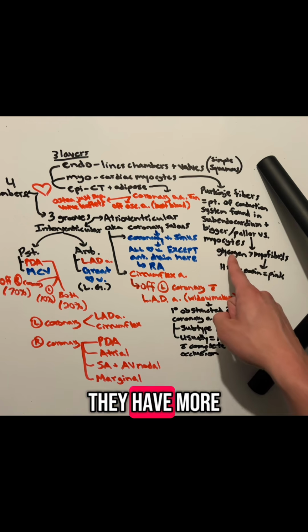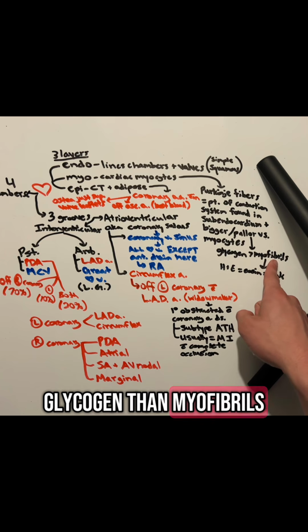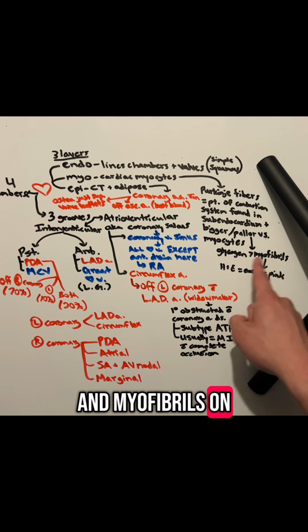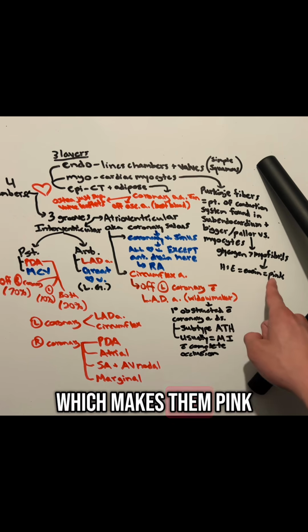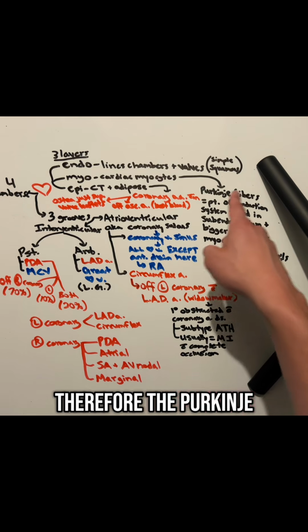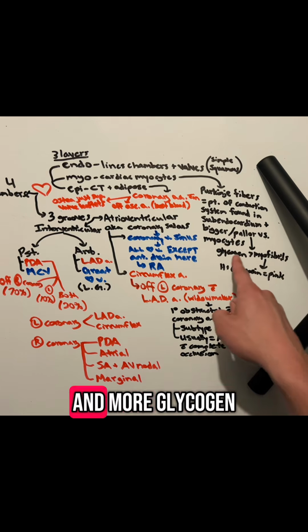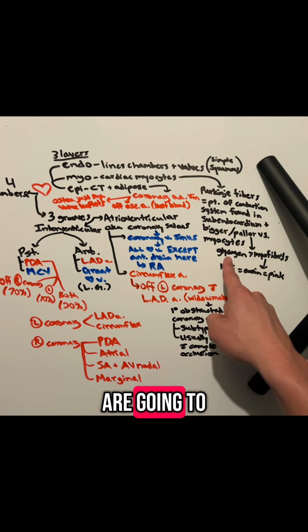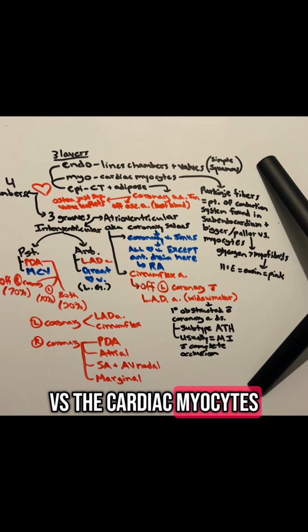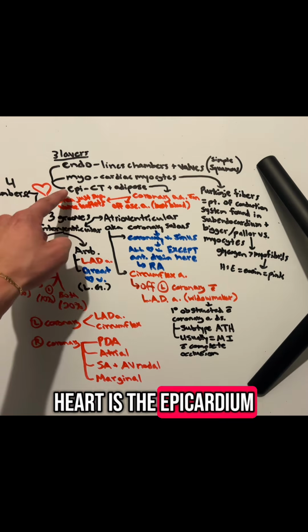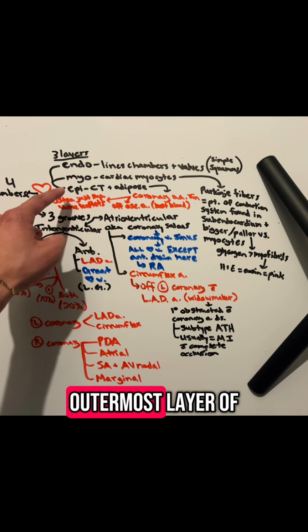They're paler because they have more glycogen than myofibrils, and myofibrils on an H&E stained slide pick up eosin, which makes them pink. Therefore, the Purkinje fibers having less myofibrils and more glycogen are going to appear paler versus the cardiac myocytes. And the last layer of the heart is the epicardium, and it's the outermost layer of the heart,